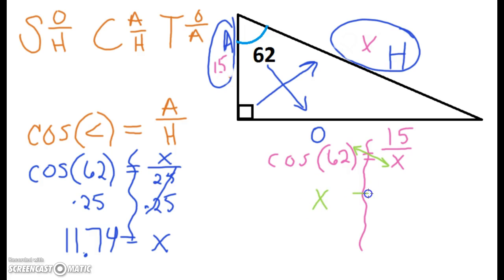So the X comes out here, the 15 stays right where it is, and the cosine of 62 all goes down to the bottom. So to solve this, you just type this into your calculator. 15 divided by cosine of 62, close your parentheses, and I get that X is equal to